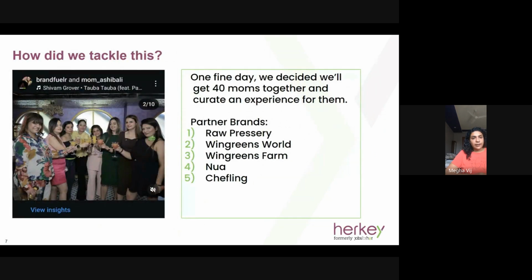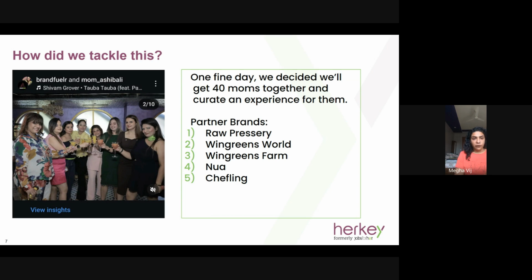Now, how did we tackle this? We said, okay, enough is enough. We can't keep doing this. We've done this for 2 months and we are struggling. We are having a very difficult time. We are not able to maintain a community. We're not able to retain it. It's time to go offline. It's as simple as that. And it's time to come out with a process with which a brand will be interested in working with us and not have these terrible problems. We decided we are going to create a concept for marketing.